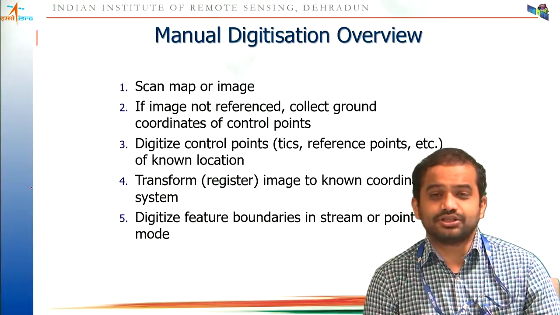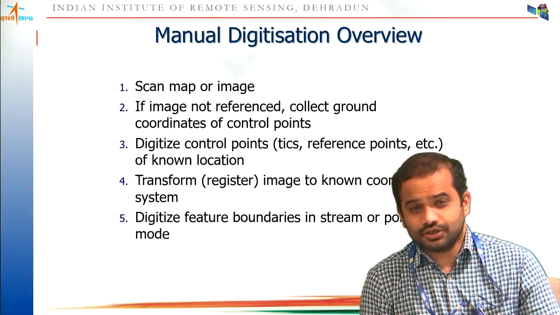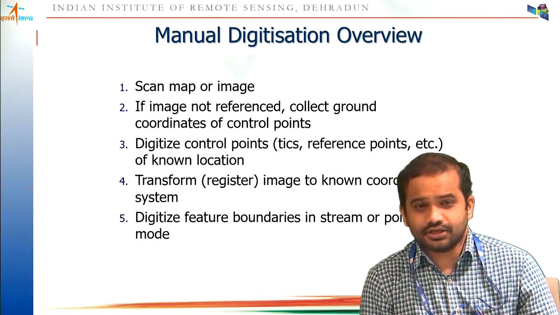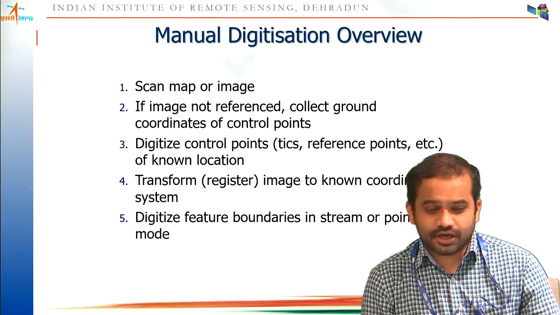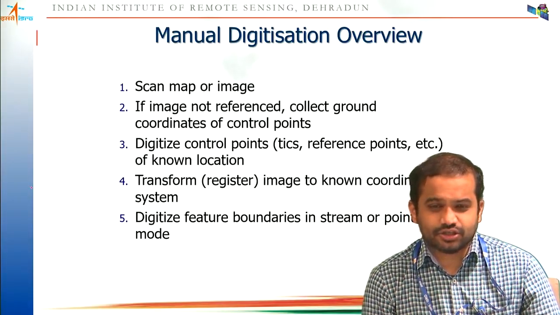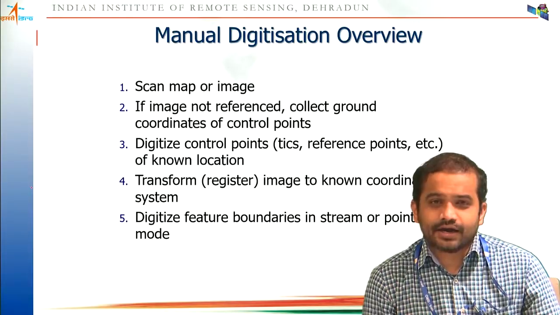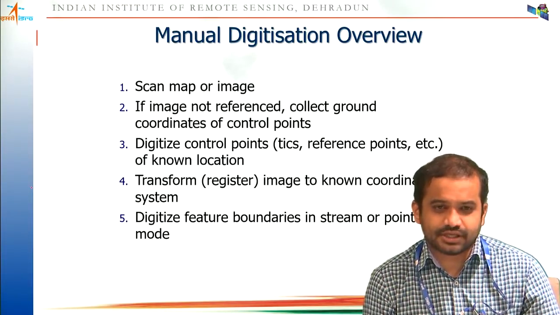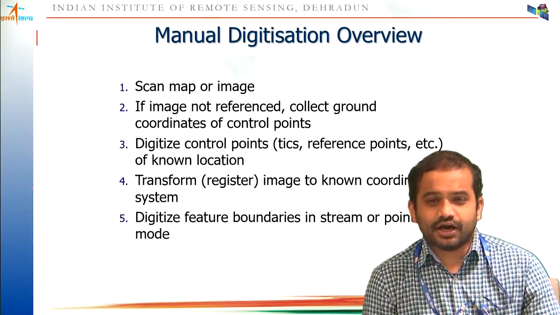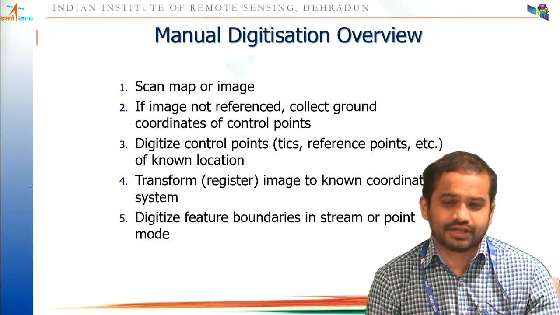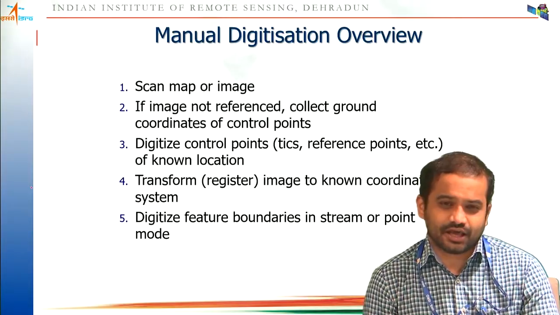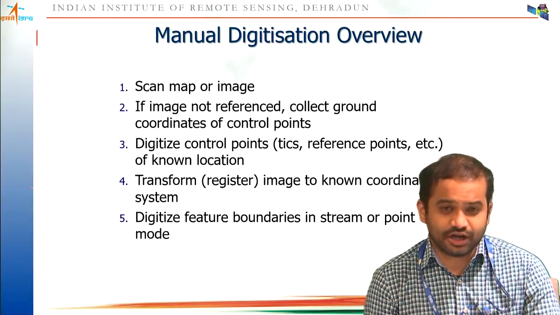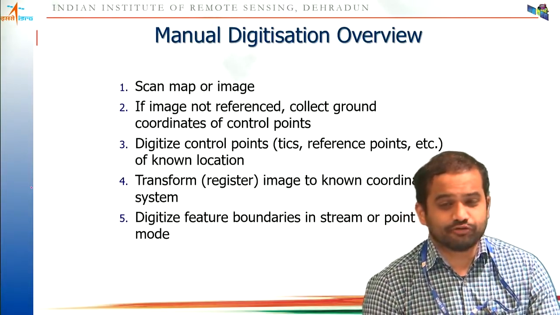Then your image is not referenced with the ground coordinates, right? If you click on any place in the image, you will get arbitrary values, which means it is not georeferenced. There is also a way to check: you can compare with other maps and see if it overlays with them. So if it's not georeferenced, you need to georeference it.